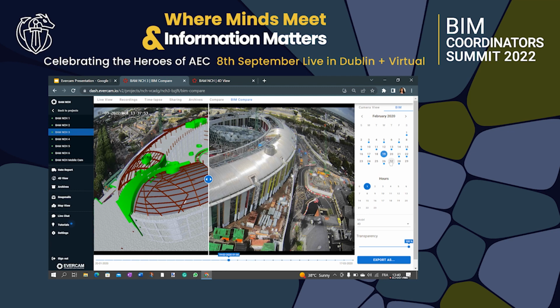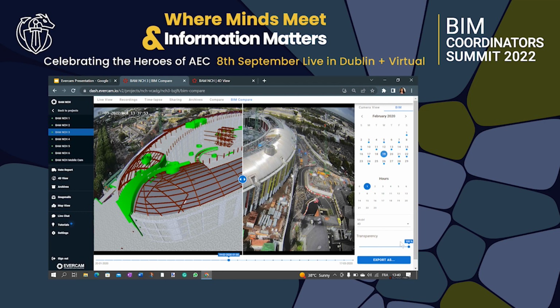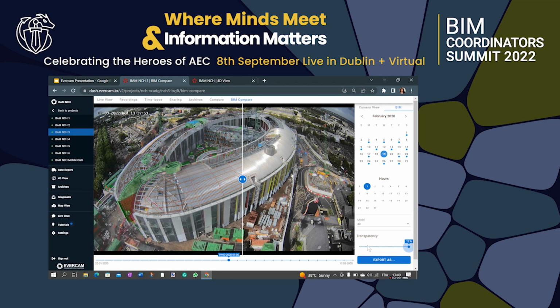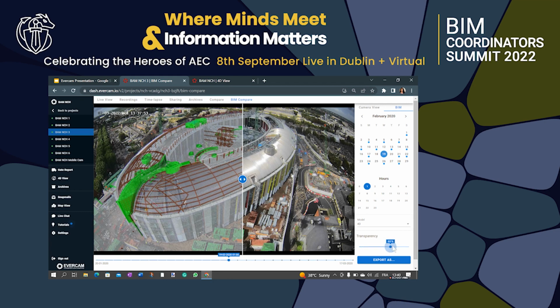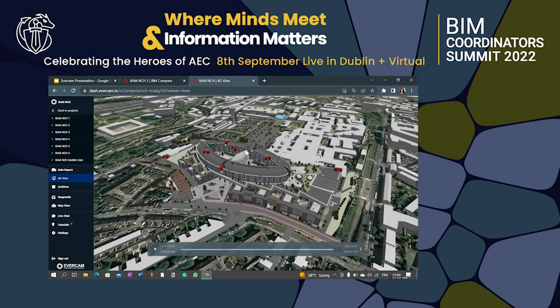It means that I have a new milestone in my BIM model, and I'm able to do the comparison. I can control the transparency as well if I want to see some details of the BIM model. So the journey started with the BIM Compare, and now we are upgrading with our new feature. It's called 4D View. We worked with Bentley to upload the BIM model of our customer directly into the Evercam